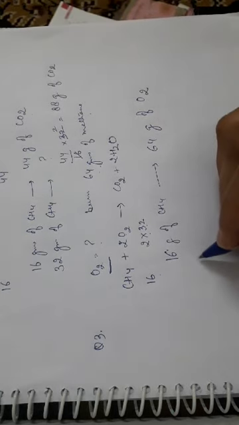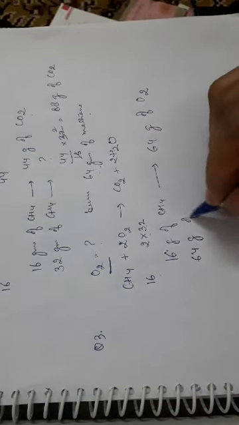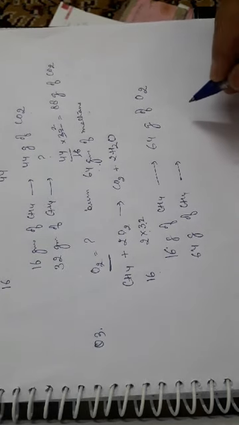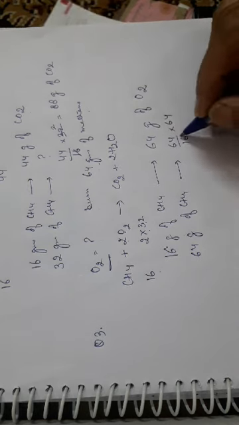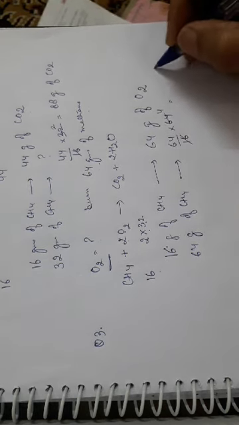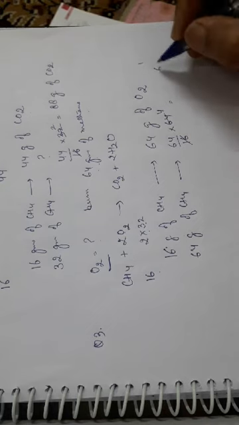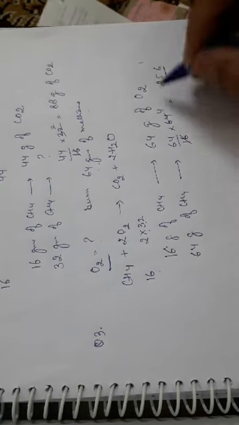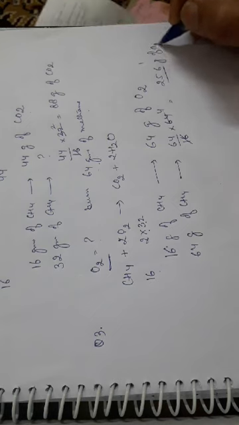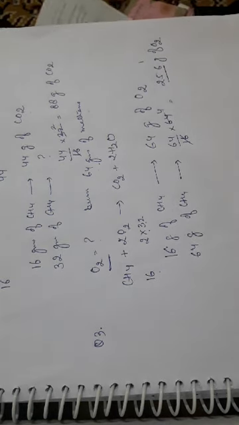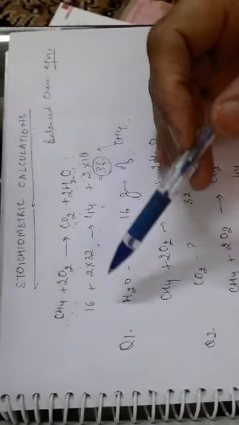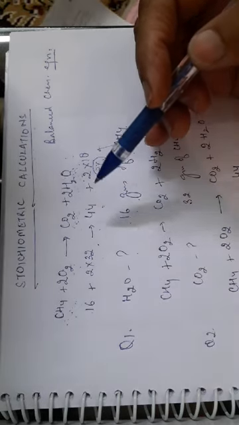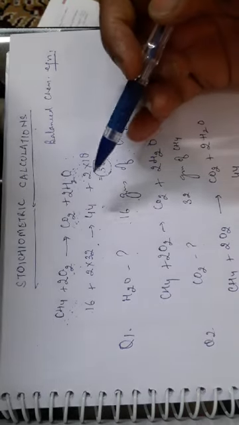Then how much methane we have? We have 64 grams of methane. Then how much oxygen will be required? 64 upon 16 into 64. 4 4s are 16, 4 6s are 24, and 256. That is 4 times of this gram of oxygen will be required. So this way, stoichiometric calculations are helping us in finding the amount of the reactants and products of a balanced chemical equation.